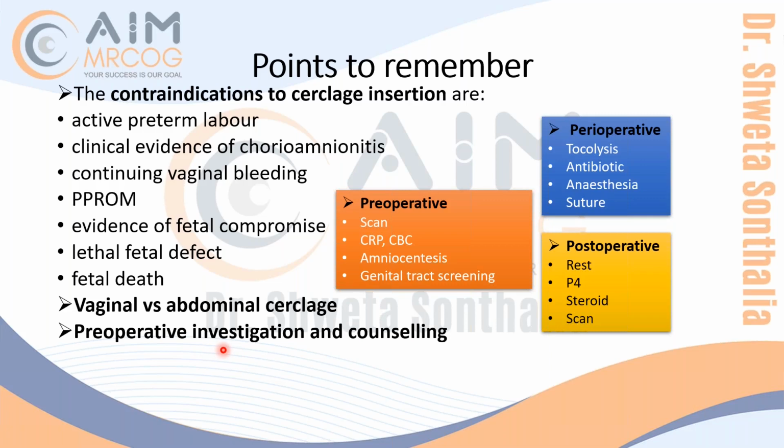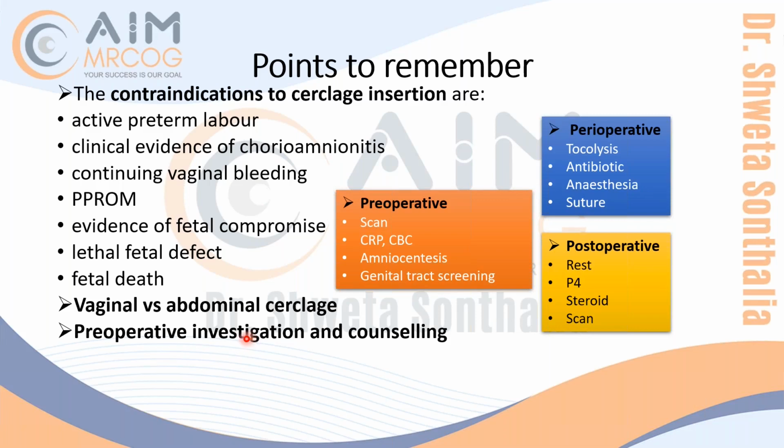Yes, my dear, just let me finish this and then we'll go to previous. So preoperative investigation is CBC. Yes, you will do CBC, CRP. Sometimes you will do CRP for them if you feel that there is chance of infection. Sometimes you will do amniocentesis to rule out infection. Why you will do all this? Because you are not allowed to put the cerclage in cases of infection. So some situation you might have to do it, but routinely you are not going to. CBC, yes, the routine total count you are going to do before any surgery, the hemoglobin and CBC, but CRP, amniocentesis, all that only if you are suspecting there is infection in the amniotic cavity.